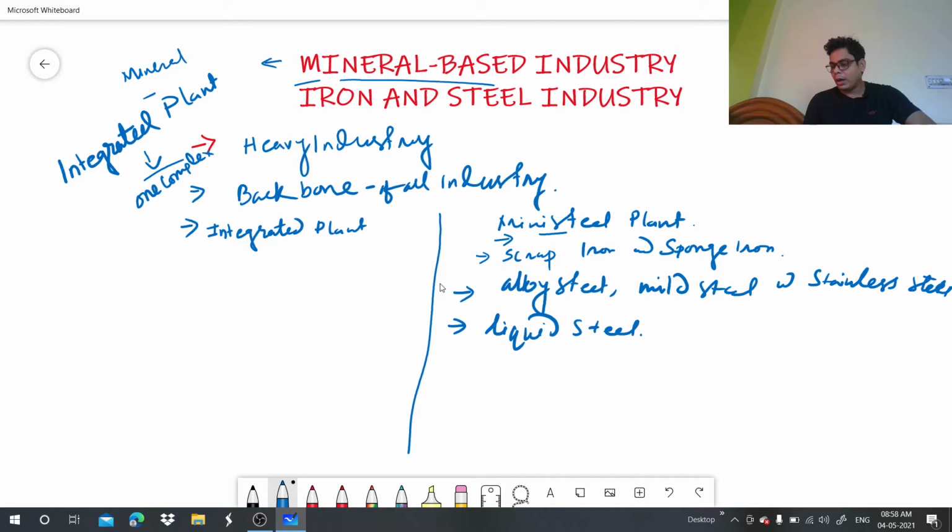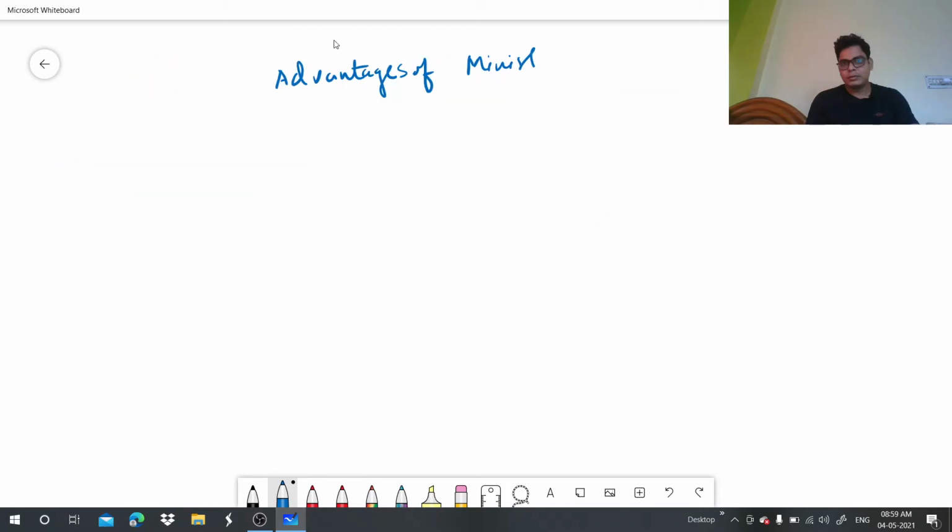Second thing, if you want to discuss the advantages and disadvantages, okay. What are the advantages of a mini steel plant? The first advantage they are telling is that they use scrap iron, which is easily available in the country and comparatively cheap, okay. Means they collect some scrap iron from the different types of integrated steel plants and